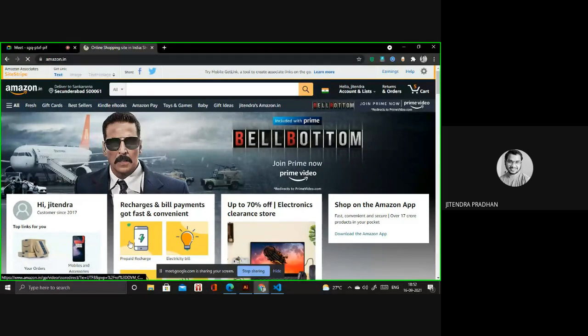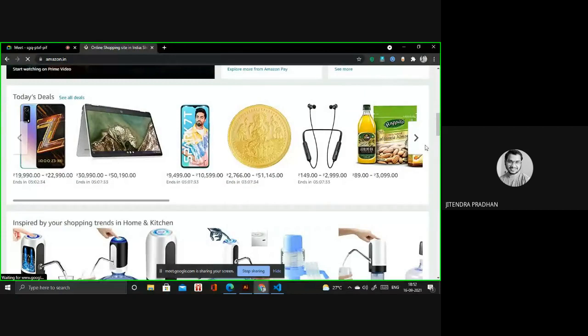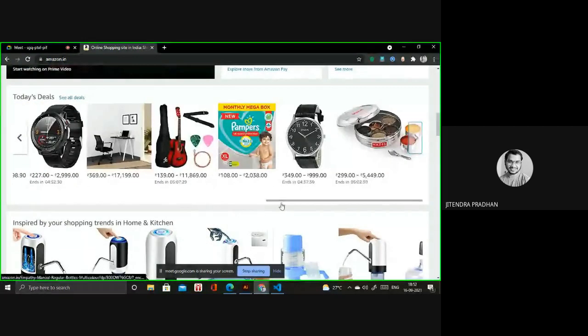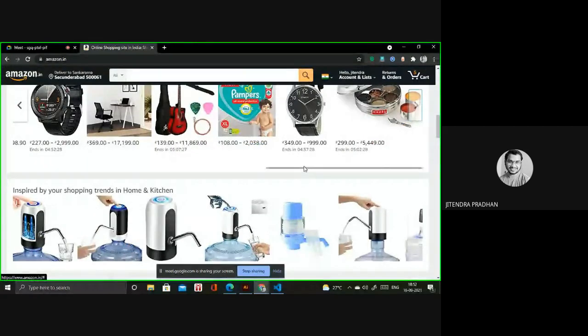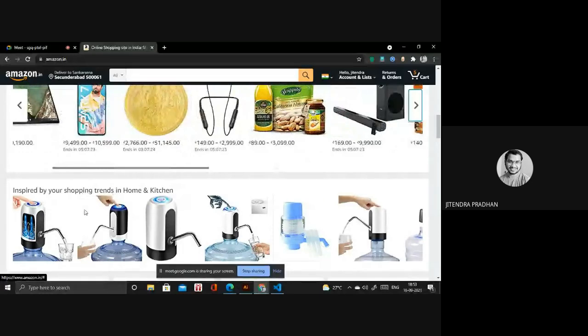Okay, if I go there, it's a carousel you can create, and you can create a particular scroll button. If you want to scroll, it will scroll on that. You have to give the width, and it will go to that.